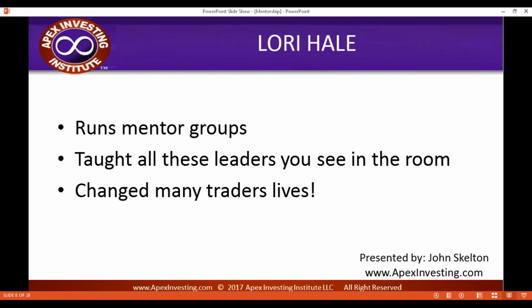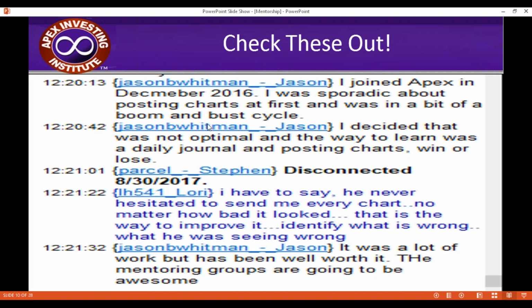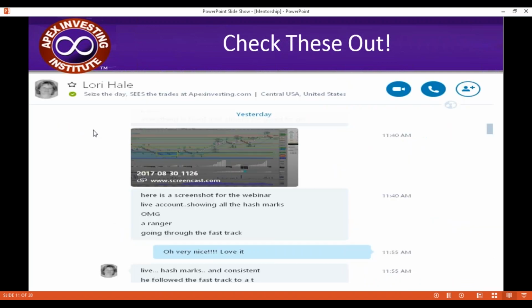And, like I told you before, Lori originally took this group of people that we call the Power Rangers, and it was just one-on-one direct training with these people, really jumping into the power play setups and the powerful setups, and a little more one-on-one, closer type of attention with these smaller groups, and really digging into the systems, really digging into the charts, everybody posting charts and marking them up and asking questions and getting a lot more personalized one-on-one attention,